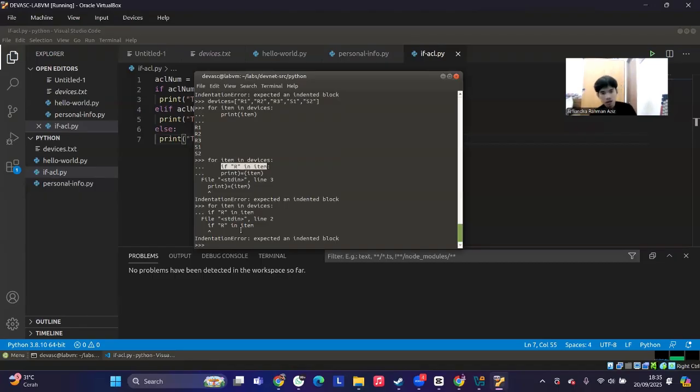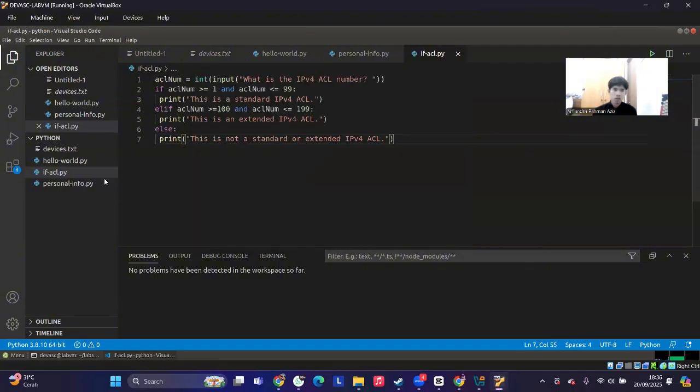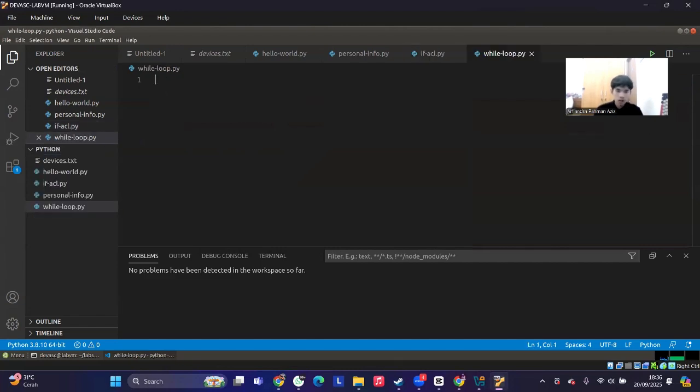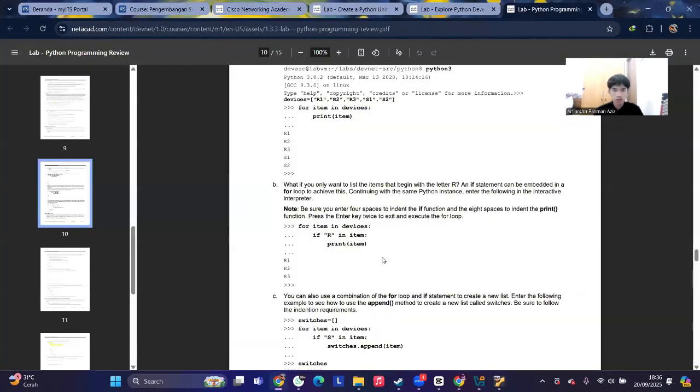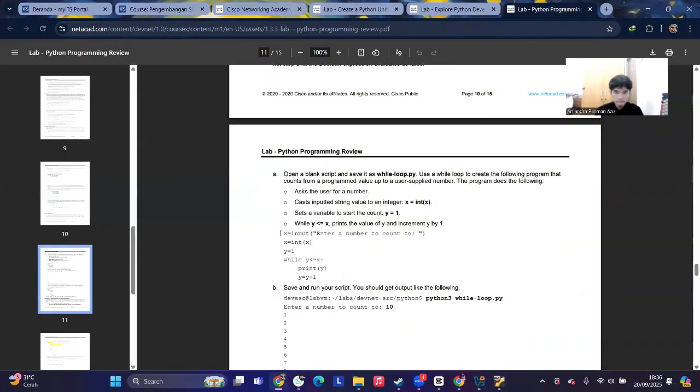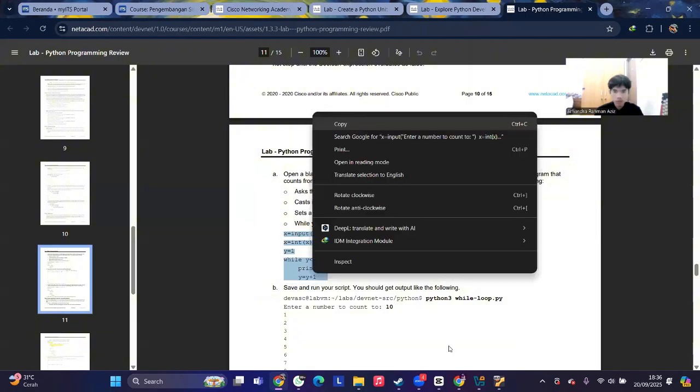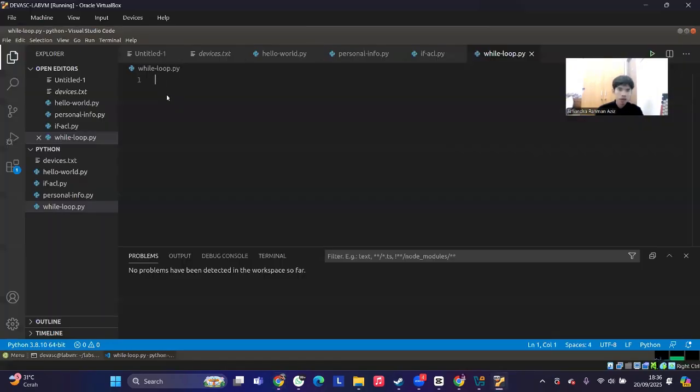The next one is I will try the while loop. Okay, so I will go back to this one and then create a file called while_loop.py. Okay, the code I will take from this one, copy, paste it, and save.